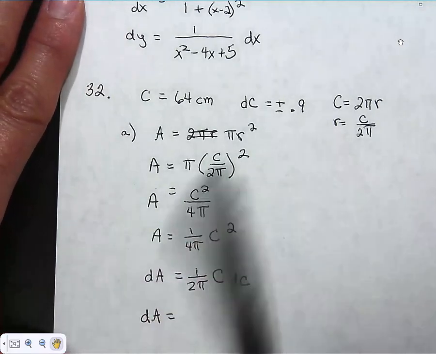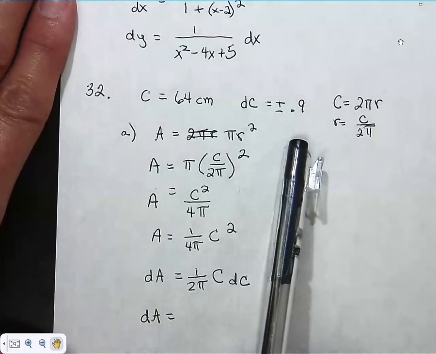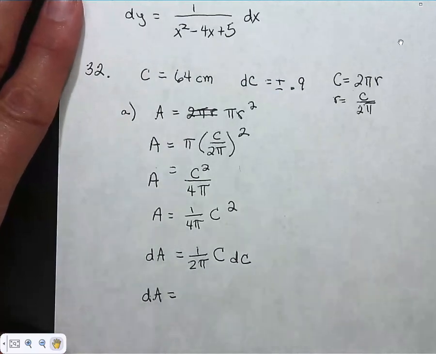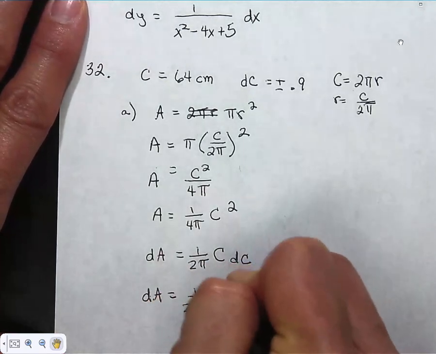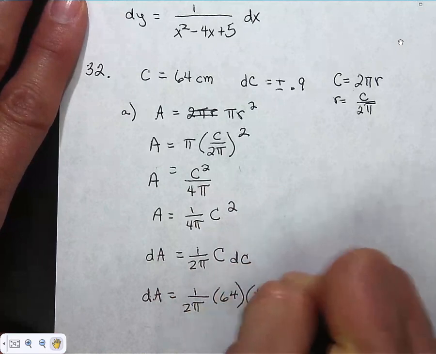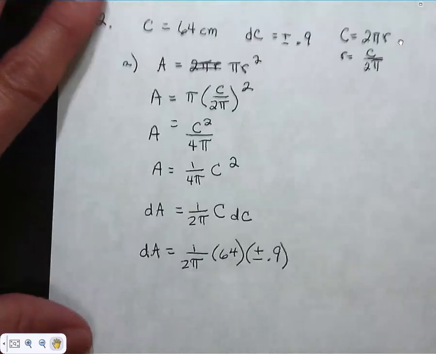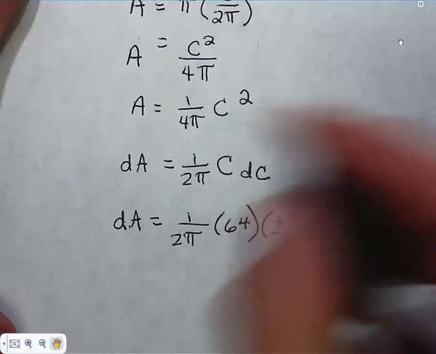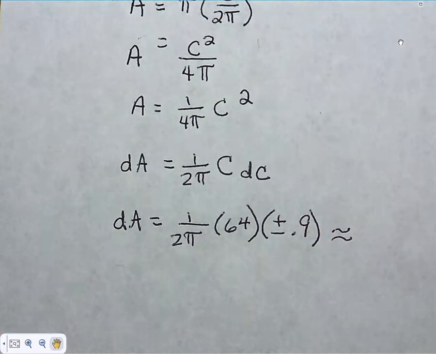So if you say you've measured the circumference to be 64, but you know that the error in that measurement may be as much as 0.9, then how much might the area be off? Well, the area may be off as much as 2 pi times 64 times plus or minus 0.9. And you can punch that on the calculator and see if what I wrote down yesterday is correct. I got it to be,